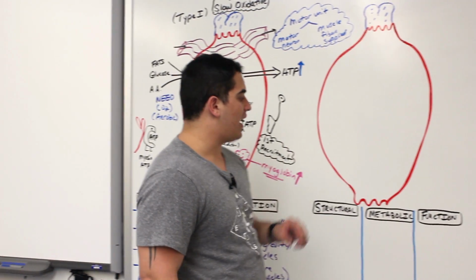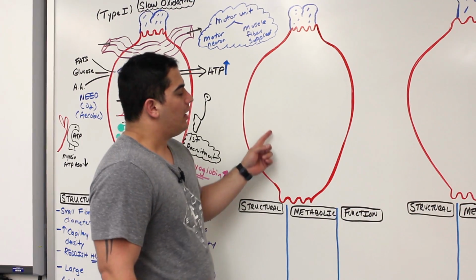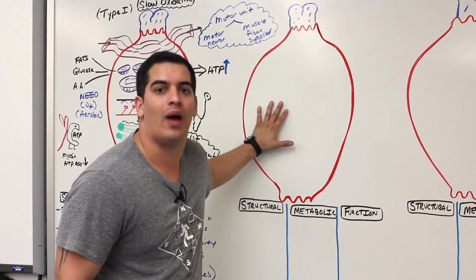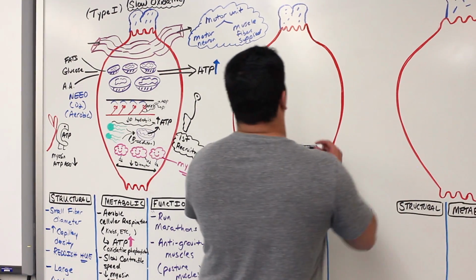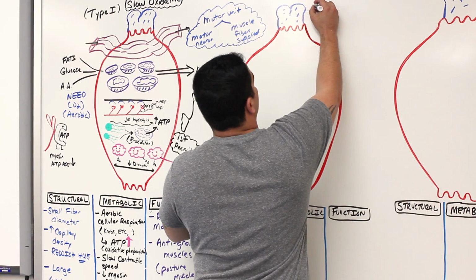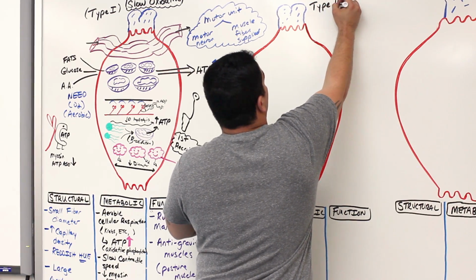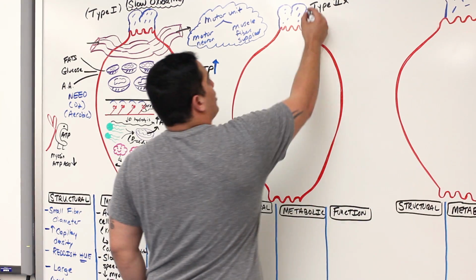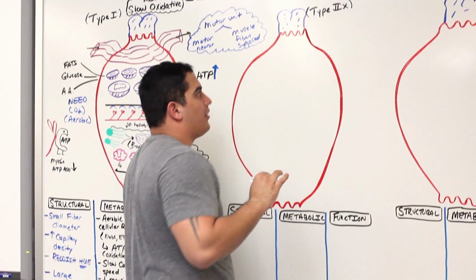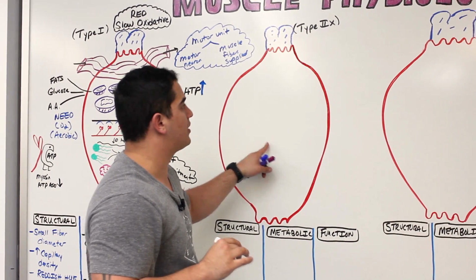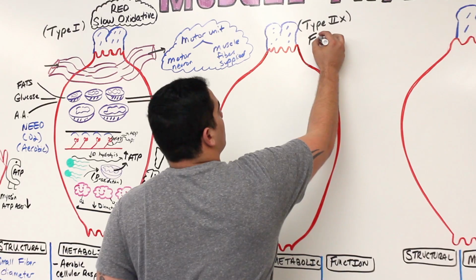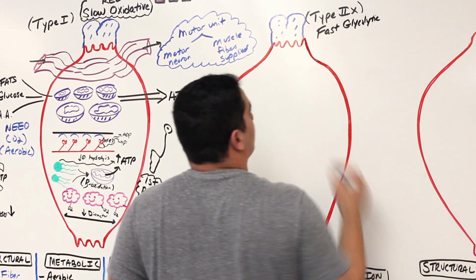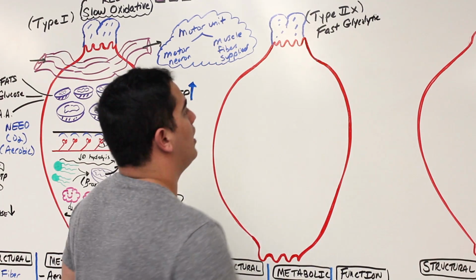Let's go on to the next one, the second one. Now, the second one's really cool, all right? And this is the type, we're gonna have this one be the type IIx muscle fiber. Okay, so this one is gonna be specifically the type 2x muscle fiber. Now again, type 2x muscle fibers are special because we can also call them another name. We can call these ones fast glycolytic. Okay, so these are the fast glycolytic ones. But